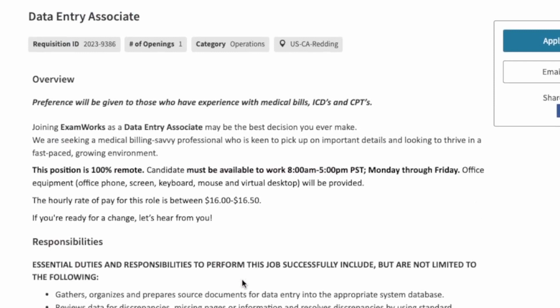Now, this is 100% remote for the United States. However, they state the candidate must be available to work 8 a.m. to 5 p.m. Pacific Standard Time, Monday through Friday. So if you're outside of that time zone, you'll need to convert your hours to see if those hours will work for you. They are providing all office equipment that you need: screens, keyboards, mouses, a virtual desktop, and the